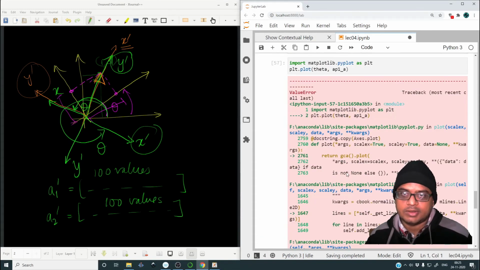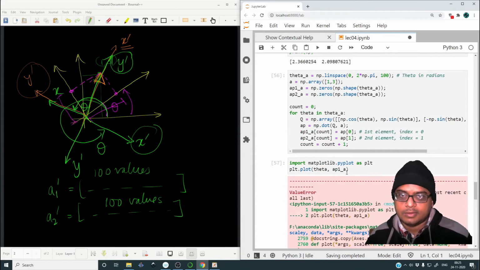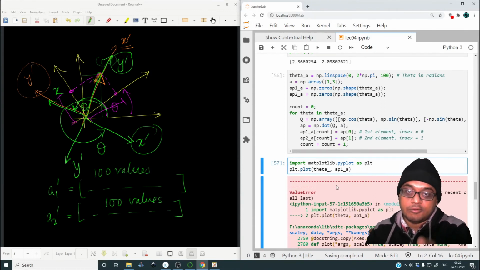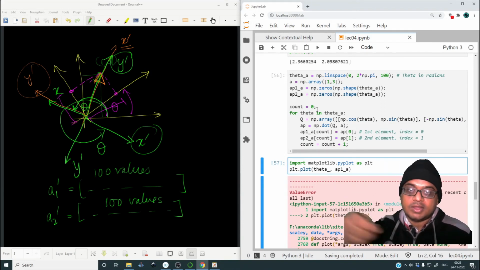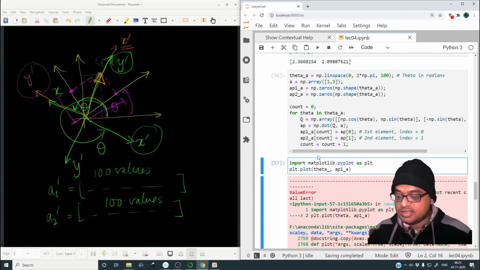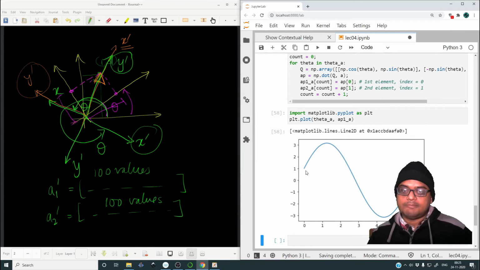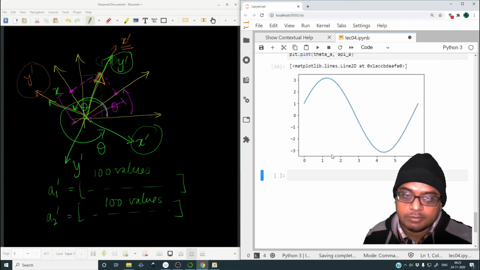Okay, there seems to be an error. It has to be theta a, because theta is just one of the many entries in theta a, where theta a is the array. All right, so this is how the plot of